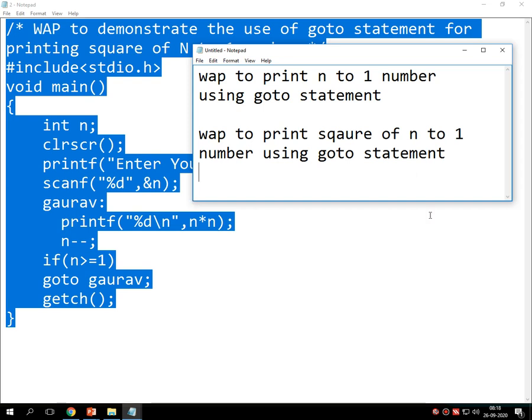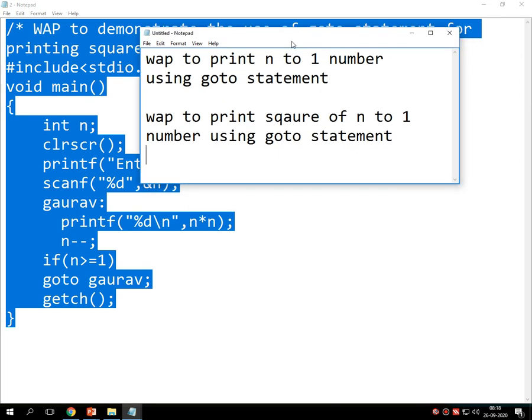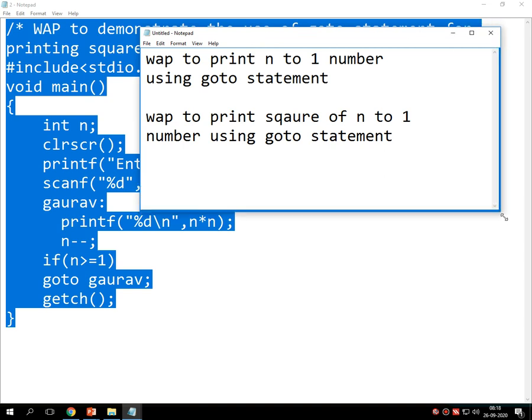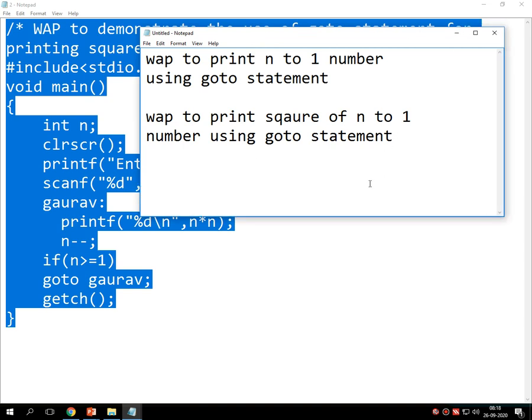Now let's have a look at program number 3, which you have to do by yourself. For writing the code of this program, you have to refer to my past lectures, old lectures.